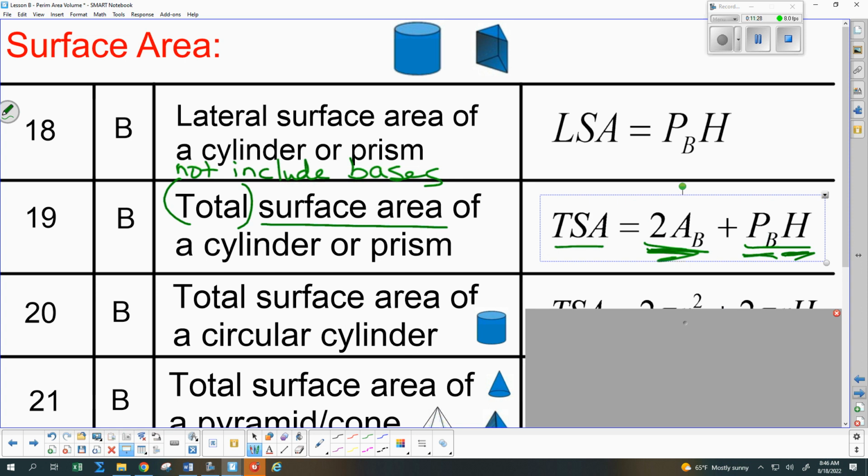I usually write SA. Oh, yeah, you don't have to have the TSA on there. That was just for emphasis on this one. I usually do write SA equals, and sometimes I need to do a subscript SAC